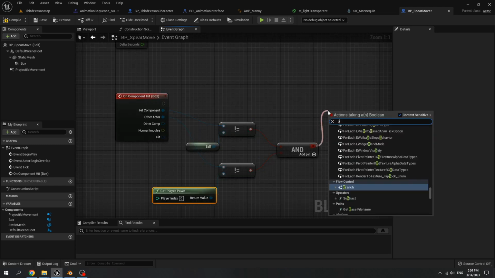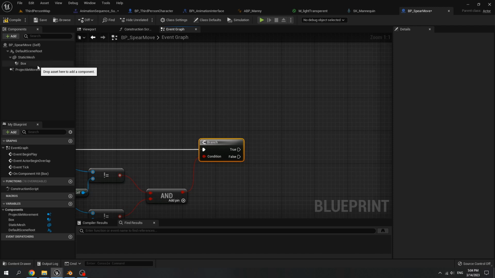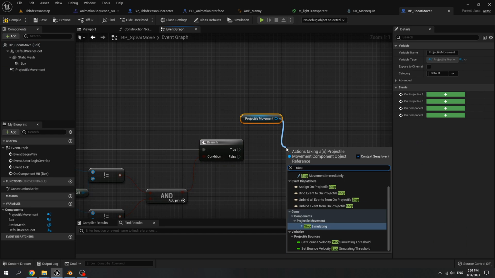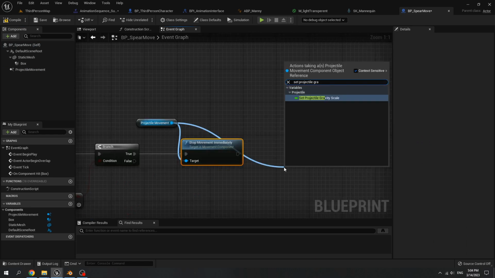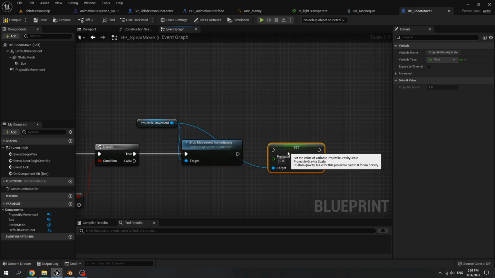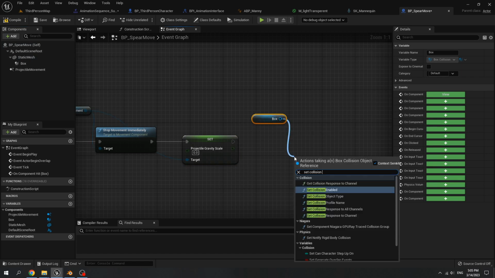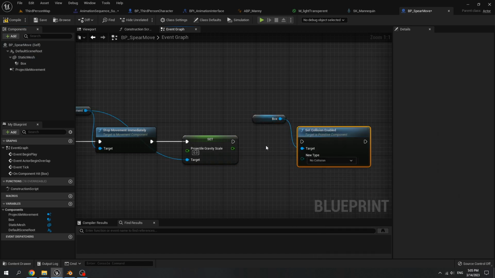Then create a branch. If it's true, get projectile movement, set to stop movement immediately, and set projectile gravity scale to 0. Get box, set collision enabled, and set it to no collision.